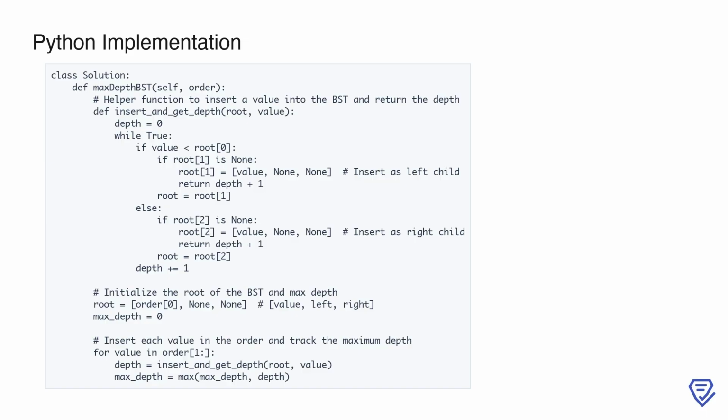Here, we begin by defining a class called Solution and its method maxDepthBST, which takes an input order, representing the insertion order of nodes in the binary search tree. Inside this method, we define a helper function